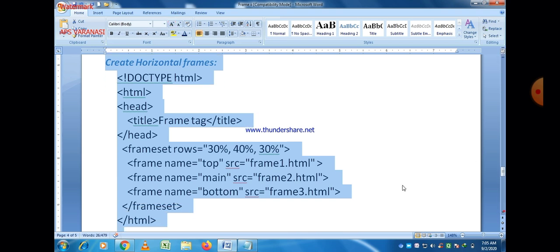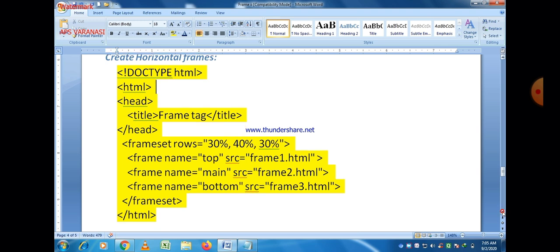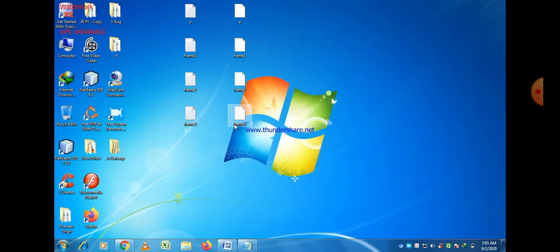And in this program also 3 different web pages are used, that are frame 1, frame 2 and frame 3. These are already created, so don't create these files again, and they are part of that program. You can easily see that they are used with SRC attributes. There is only one difference compared with the previous program: this program has a row wise division, and you can see that.